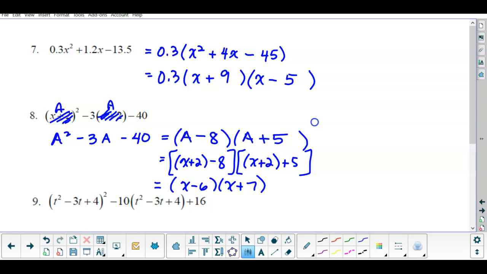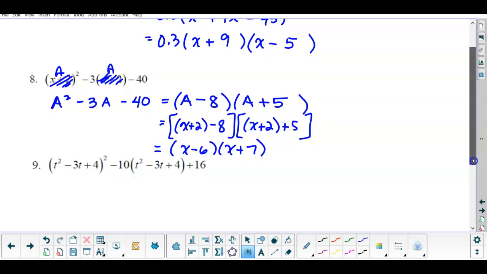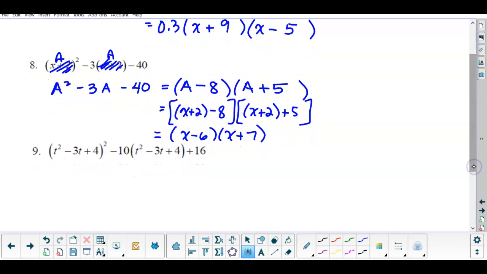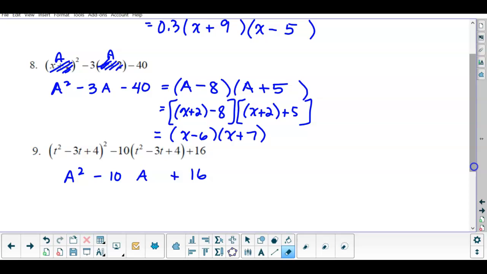Okay, but something like the next one would be harder, right? Because when you expand the next one out, you have degree 4. You will learn how to factor a degree 4, but we haven't got to that yet. So take a look at this one. Is there a squared bracket? There is. Is there the same bracket to the exponent 1? There is. Is there a constant term? There is. So factor this expression,